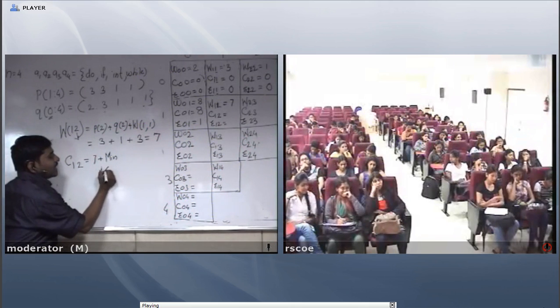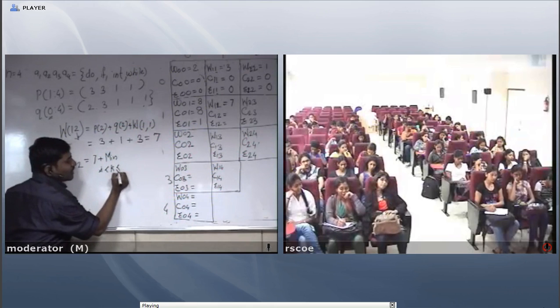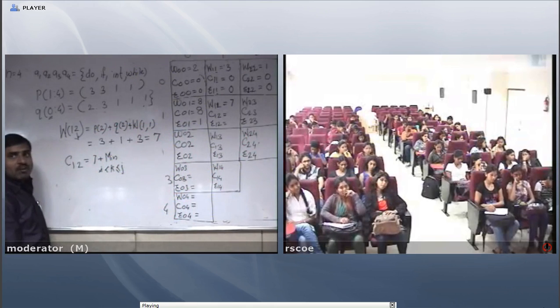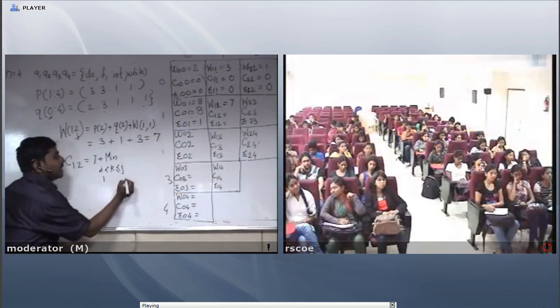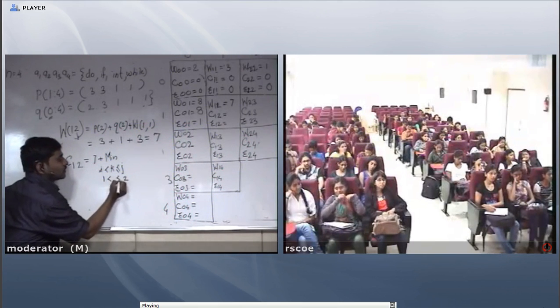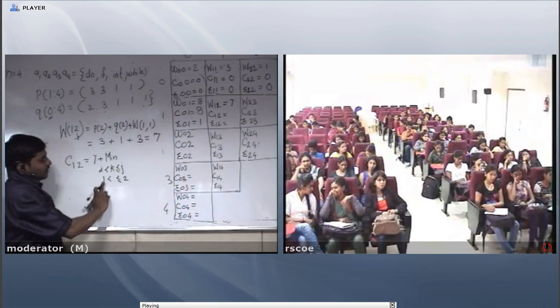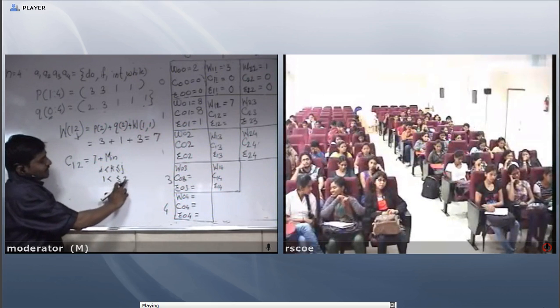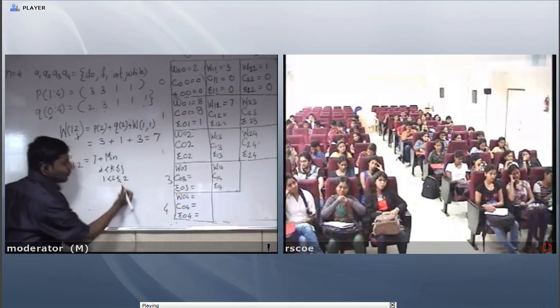I is less than k is less than or equal to j. And what is the value of I and j? 1 and 2. I put 1 and 2. What will be the best value for k? K must be greater than 1 and less than or equal to 2. So greater than 1, I put the value 2.